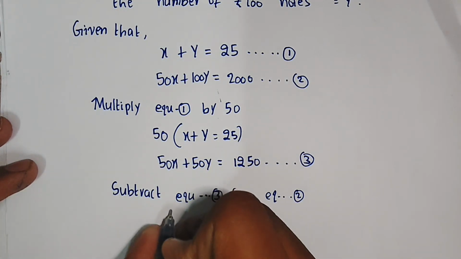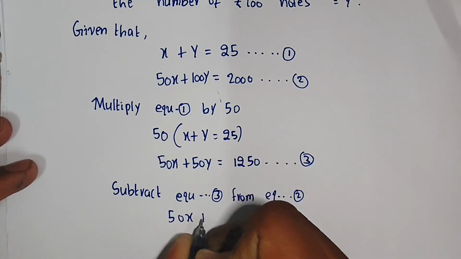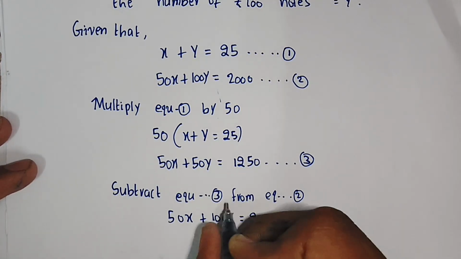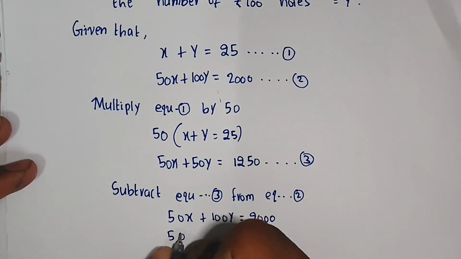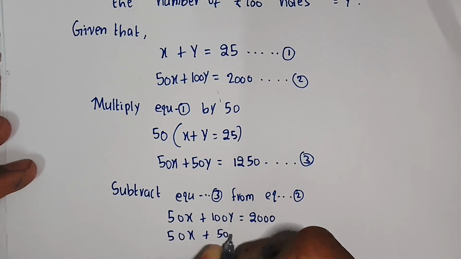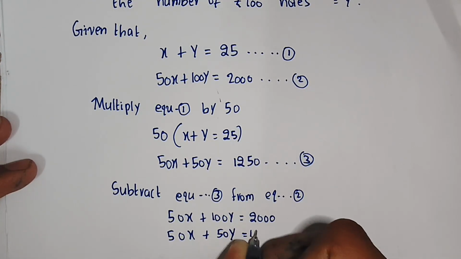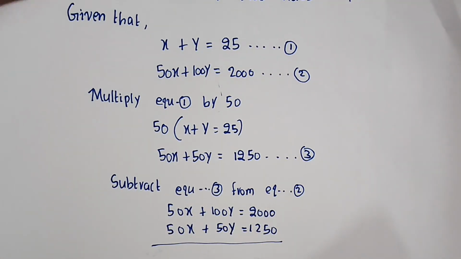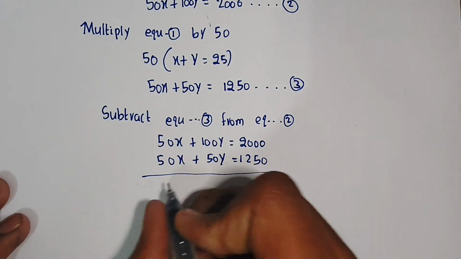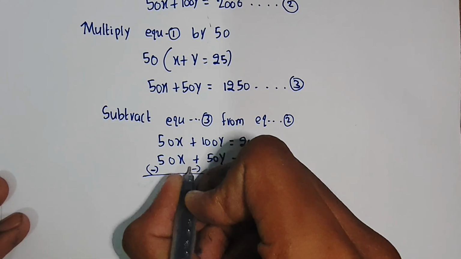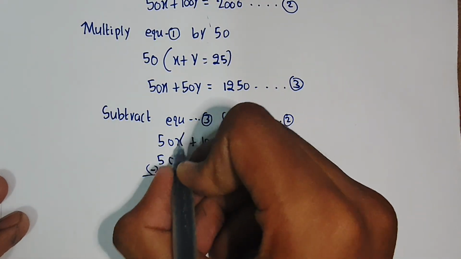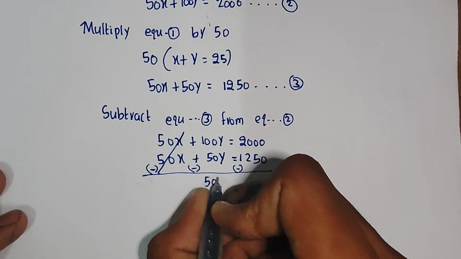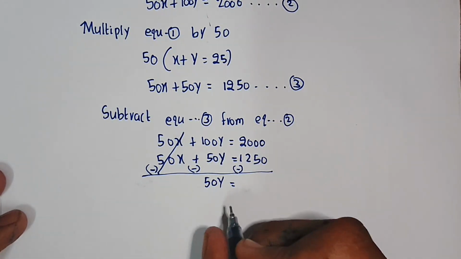What is equation 2? 50x plus 100y equals 2000. After, what is equation 3? 50x plus 50y equals 1250. They said subtract, so we have to change the symbols for the operation. It becomes minus, it also becomes minus. 50x and 50x get cancelled. 100y minus 50y becomes 50y equals 2000 minus 1250,